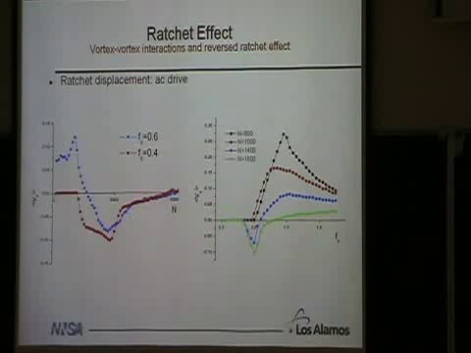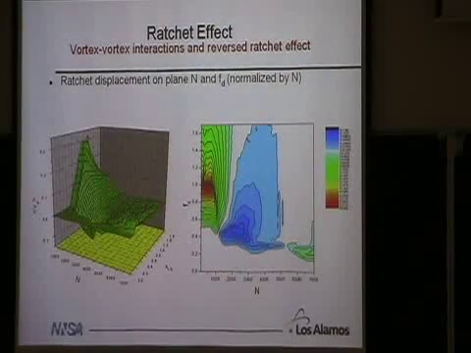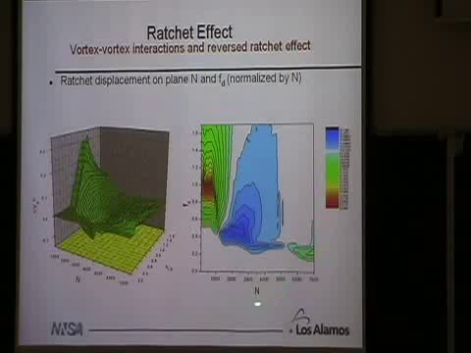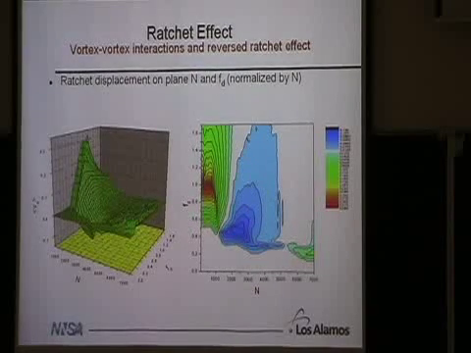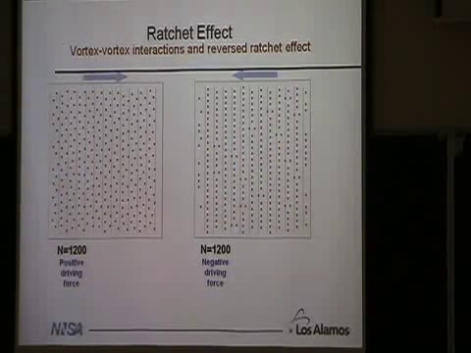We can, however, see that, like I said, we're getting a reversal as a function of the number of vortices, and also if we fix the frequency and change our driving force, if the driving force is small, we'll get a reverse ratchet, but as we increase the drive, we'll actually get a positive ratchet, depending if we have enough vortices, not for a low number of vortices. And here's our equivalent of the experimental plot I showed you before, where we have a positive ratchet effect as a function of driving amplitude and number of vortices, then a negative ratchet effect, and then the tip of another positive ratchet effect out here. So let's take a look at what the vortices are doing as we drive them forward and backward.